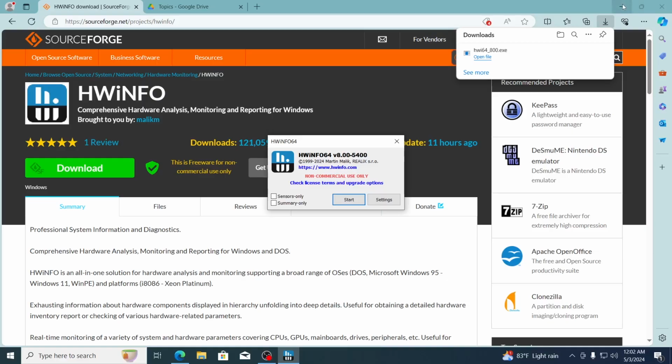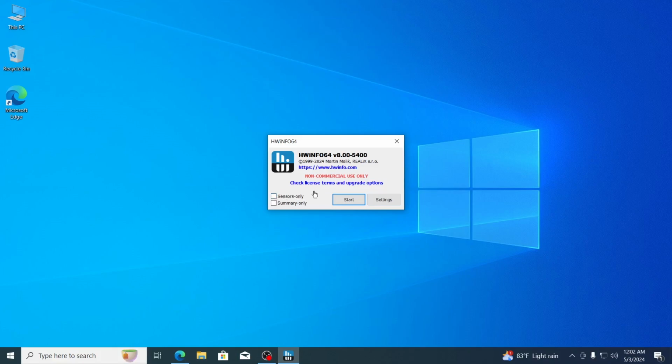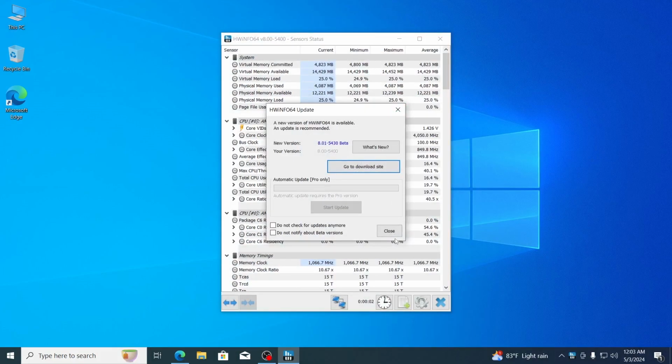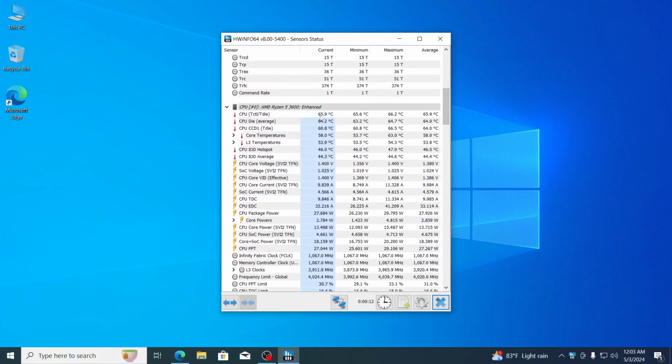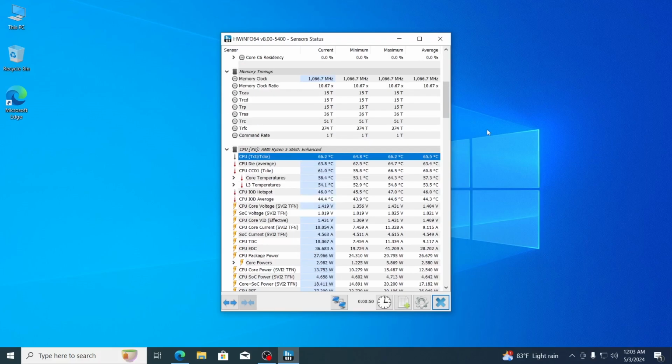You can just minimize this window. From here, make sure to check sensors only. Click on start. Click on close. When this thing loads, just scroll down a bit and you can see your CPU temperature from here. And that is how to check CPU temperature in your Windows 10